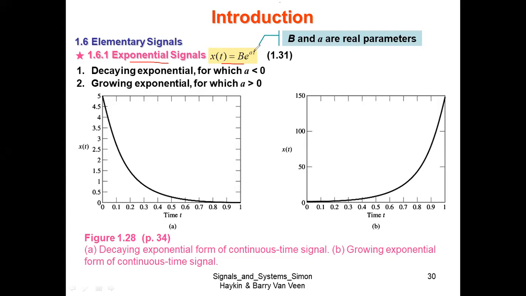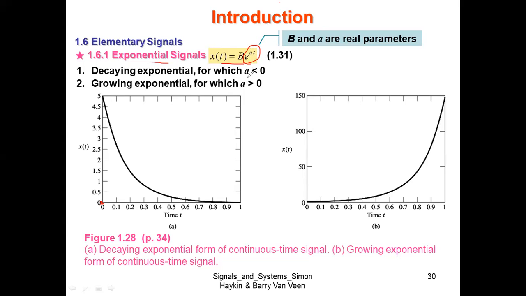If I substitute t equal to 0 in this expression, what am I going to get? E to the power 0. What is e to the power 0? 1, right? So when it gets multiplied by b, that particular thing is the value at origin. And then there is this a.